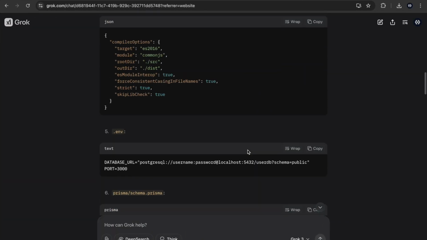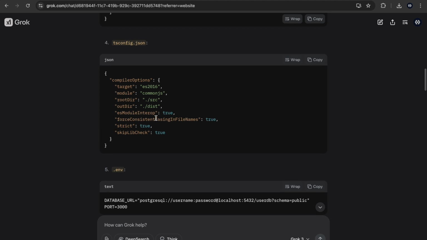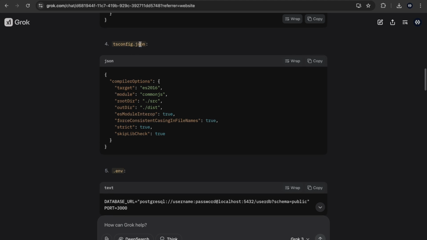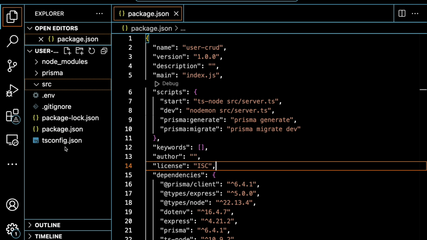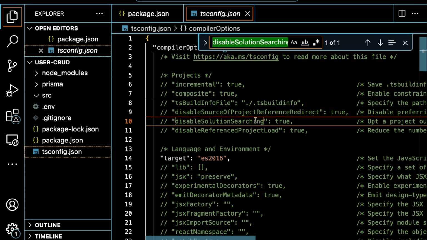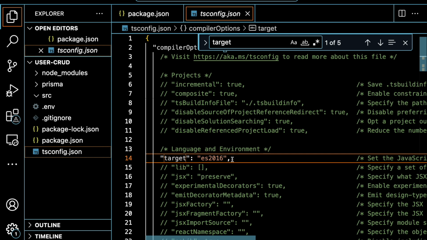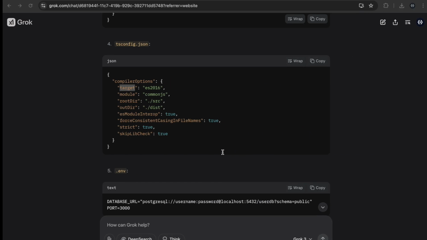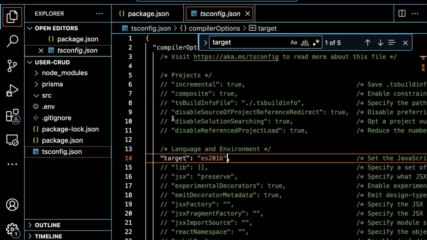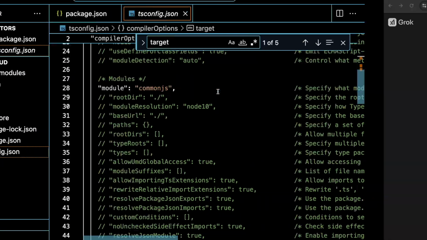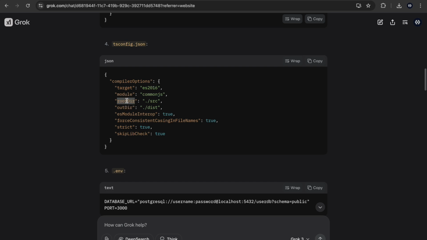Now the next step over here is to ensure that we configure our tsconfig.json file. You can see our target over here is ES2016. So let's copy that and open our tsconfig.json file. Let's search for target. You can see ES2016, and the module should be what? CommonJS. So if we go back over here and search, the module is CommonJS, and the root directory should be